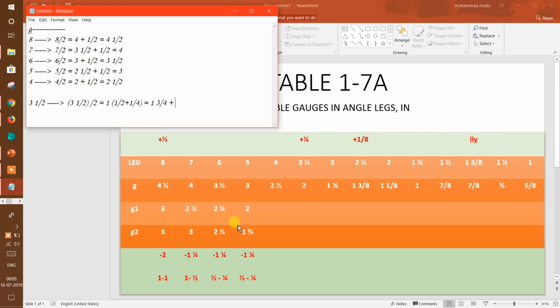Okay, let's do this one. I'm going to explain something else. 1 by 4, and you can see clearly 1 each. 3 by 4 plus 1 by 4 means 1 only now. 1 plus 1 means that's 2 inch. That's it. And when coming to 3,